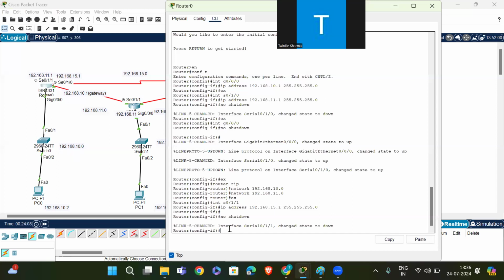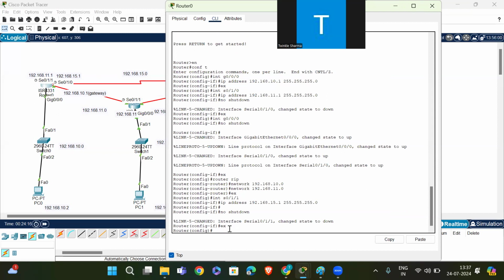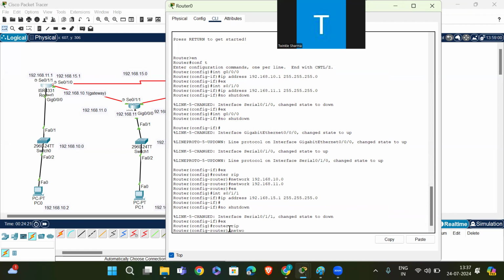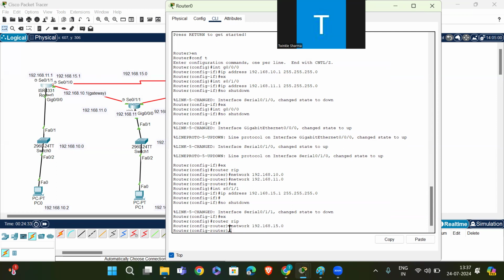Then router rip, network 192.168.15.0, exit.